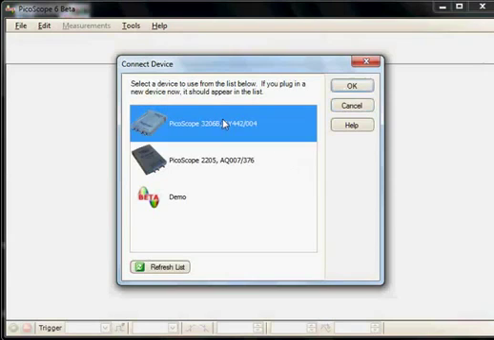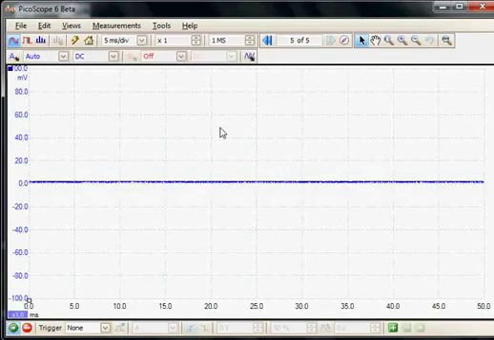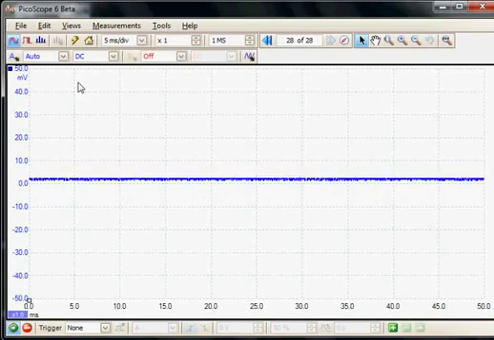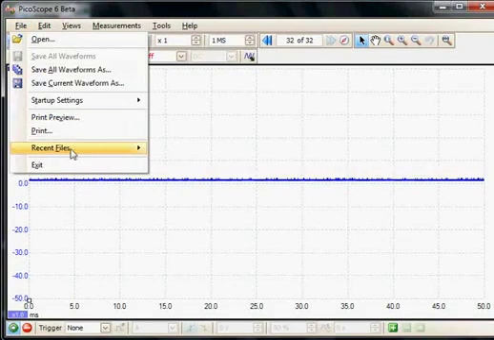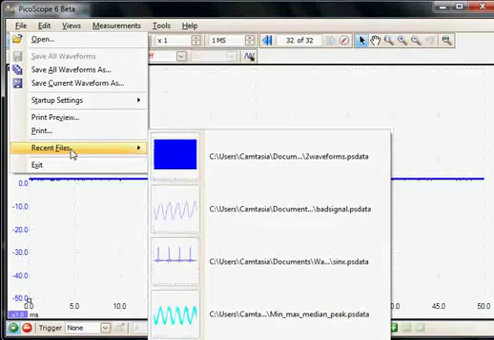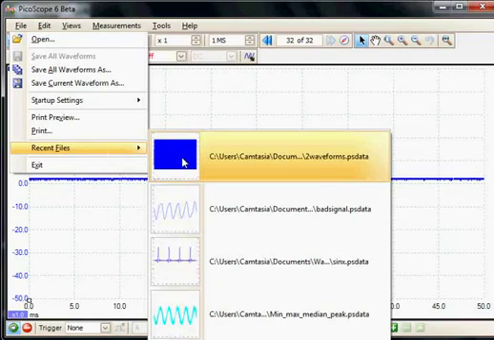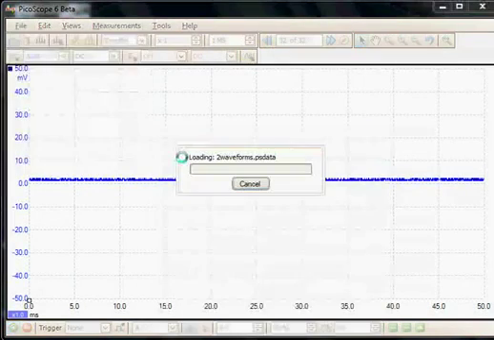So let's choose a device. The first feature we'll go through is the recent file list, which now includes a thumbnail view, which is ideal for quick access. This conveniently brings me to the next feature. So if I load one of the waveforms in the thumbnail view,